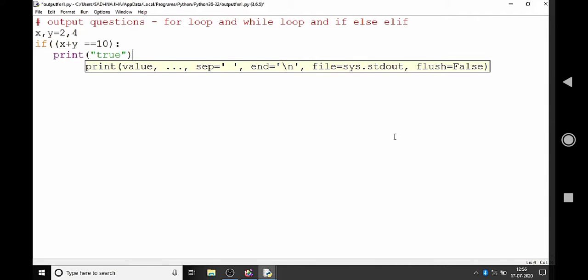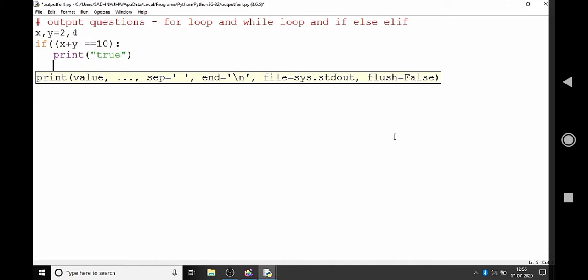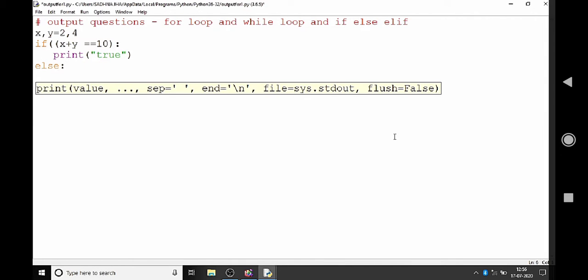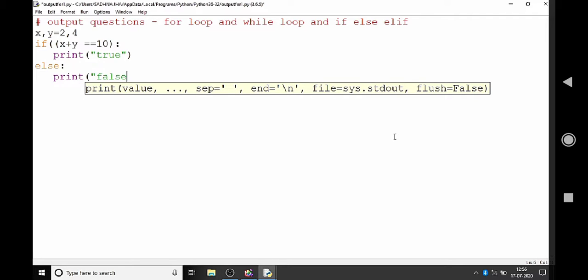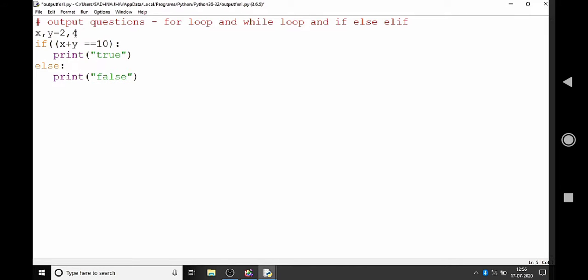If the condition is true, it will print true. Else, print false. If the condition is false, print false. So x value is 2, y value is 4, 2 plus 4 is 6, that means condition is false.